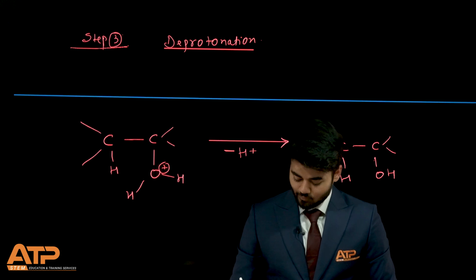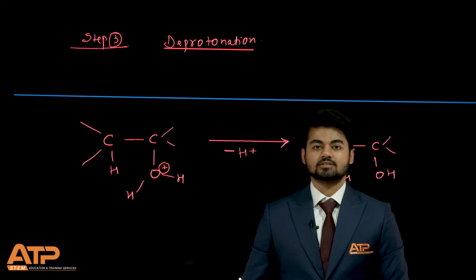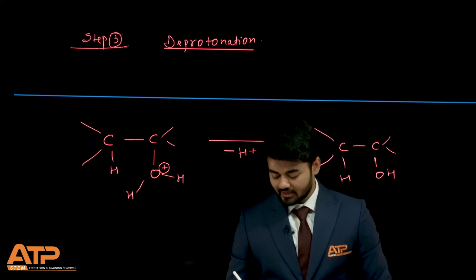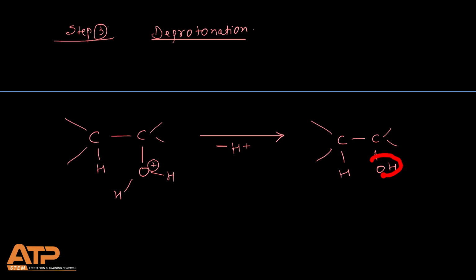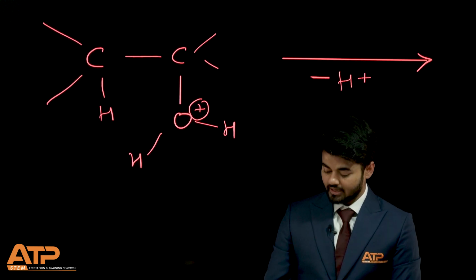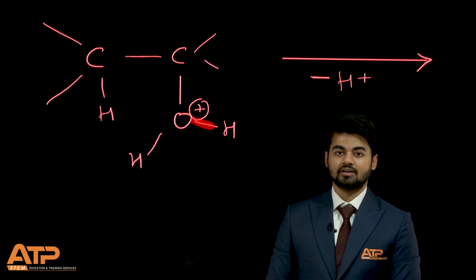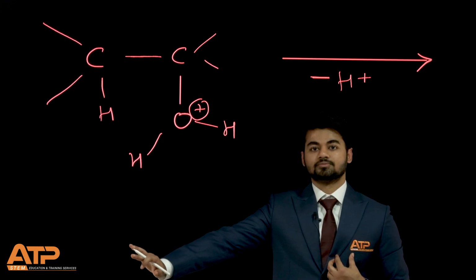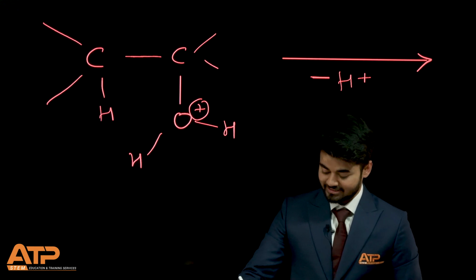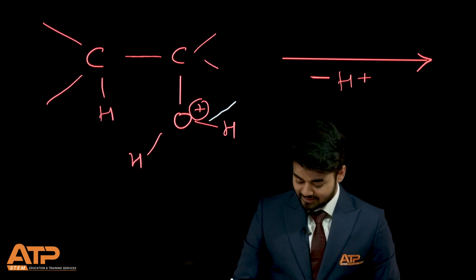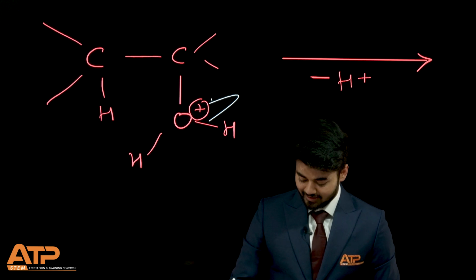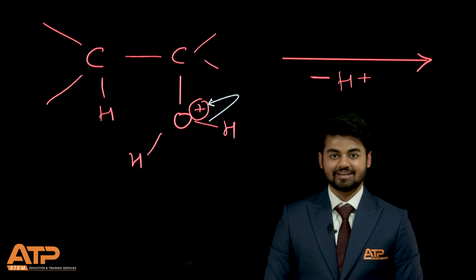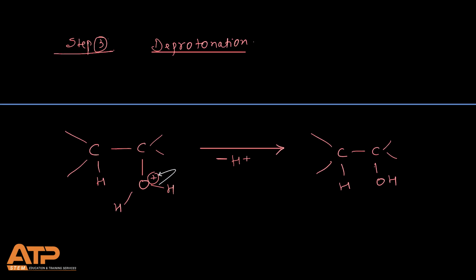Oxygen will kick out one of the hydrogens in the form of H plus, right? And the moment it does that, it will become neutral and the whole thing is alcohol. As you can see, minus H plus I have done. Now, we have to break this oxygen-hydrogen bond in such a way that oxygen becomes neutral and H plus gets kicked out, right? So yes, electrons are getting transferred onto oxygen. So this should be our direction of arrow, right? See, we have gotten an alcohol.